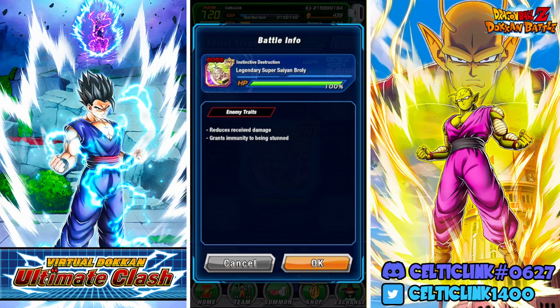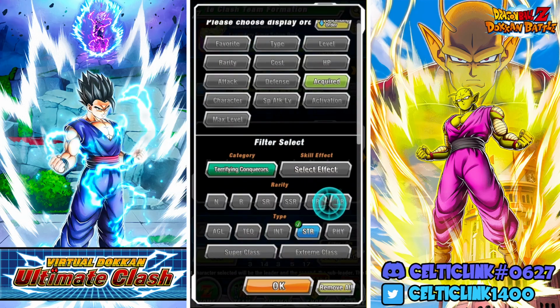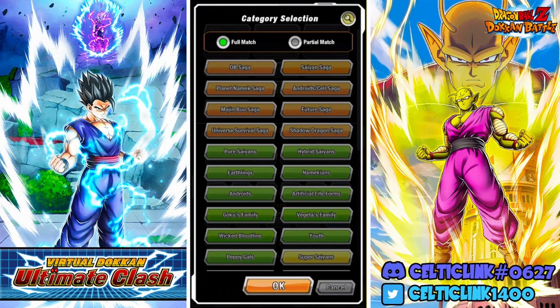Alright, so that takes us to the final phase, which is the INT Broly, which we expected. So it does look like he can be sealed, but not stunned, so keep that in mind. Although I don't think I brought any sealers, right? Because my...